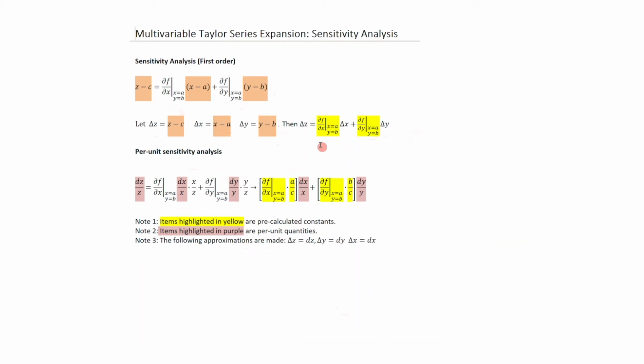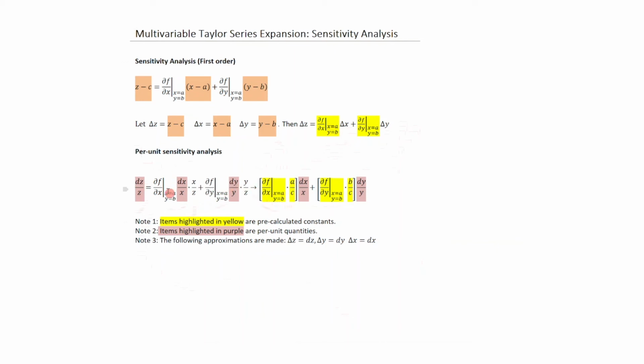We also find that quite often it's simpler to write these equations in per unit form, so that basically we compress the number range that we're working with. And so per unit analysis would require us to divide through by z throughout, but also everything in this system would have to be in per unit form. So delta x can be converted to per unit by dividing by x and then multiplying through by x. Here we would divide through by y and multiply through by y. So here, for instance, the z is common to all, but here we have an x here and an x here. This is going to be per unit. This is per unit,